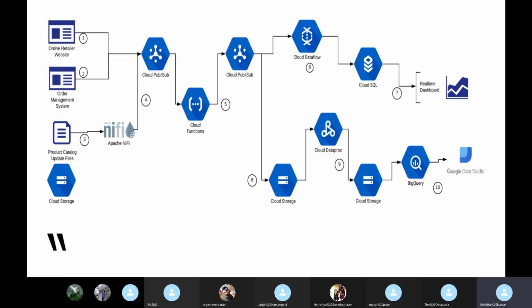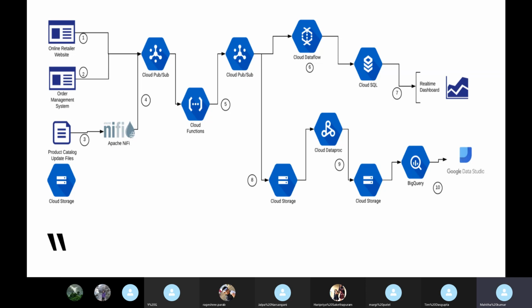Here, Apache NiFi will parse the product catalog, and it will update the files into the events, and then it will push into the PubSub queue. Later, the Cloud Functions will pick it up, and it will cleanse, filter, and transform the data, and then it is put again into another queue of the Cloud PubSub. From here, the data is being processed by the Cloud Dataflow.